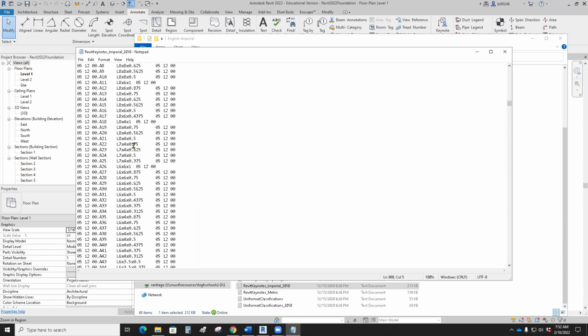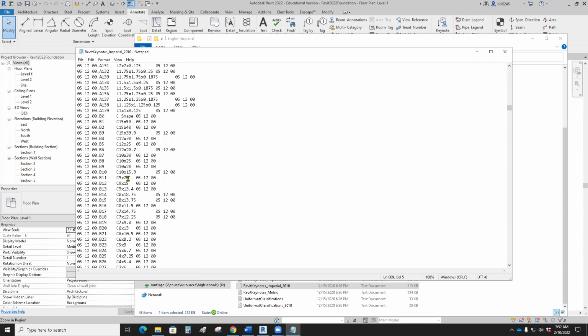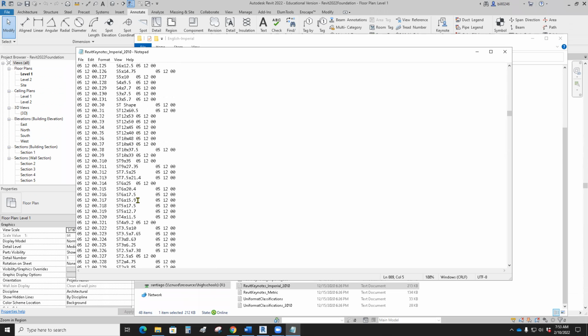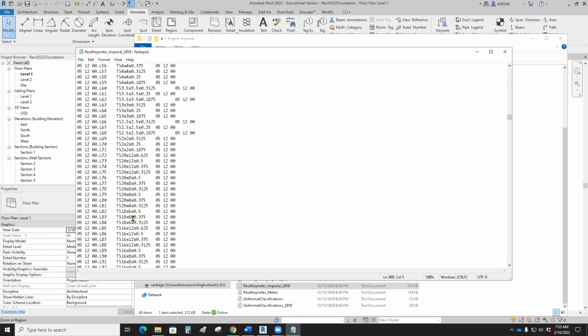There's all kinds of steel in there. These are L. You'll learn about that next year. C channel, all kinds of structural steel stuff in there. Holy crap, there's a lot. So this file